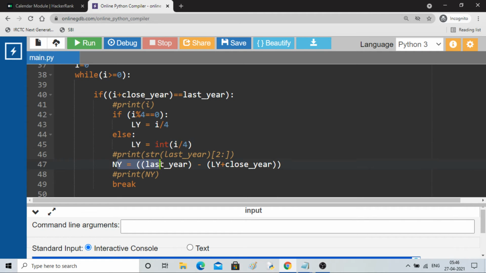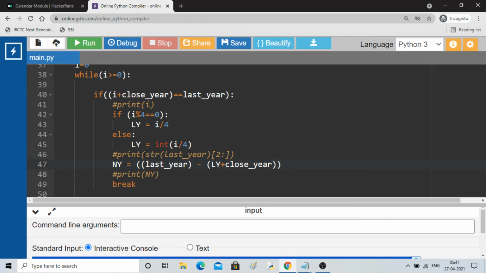And you can calculate the value of normal year by subtracting: last year minus close year plus leap year. So it's like you are doing 1900 plus leap year, and you are subtracting it from last year. So you will get normal years here.